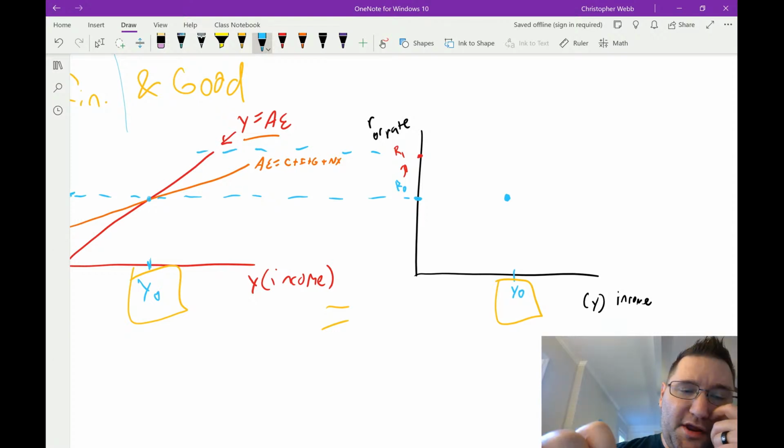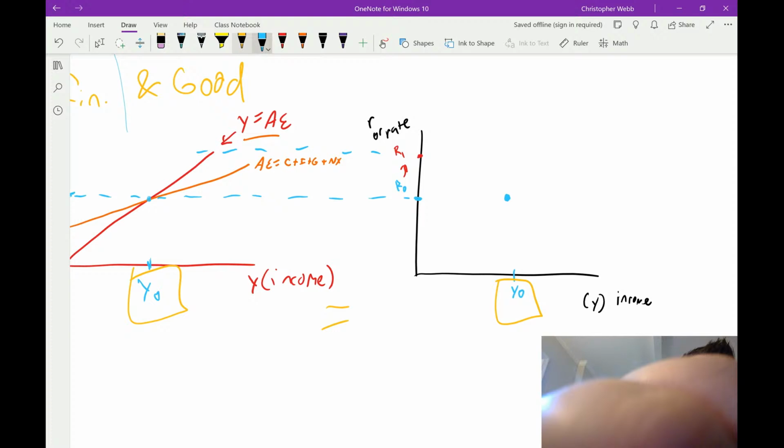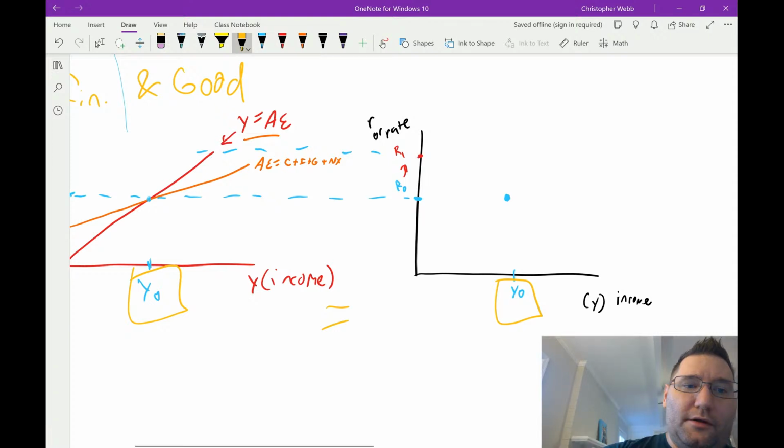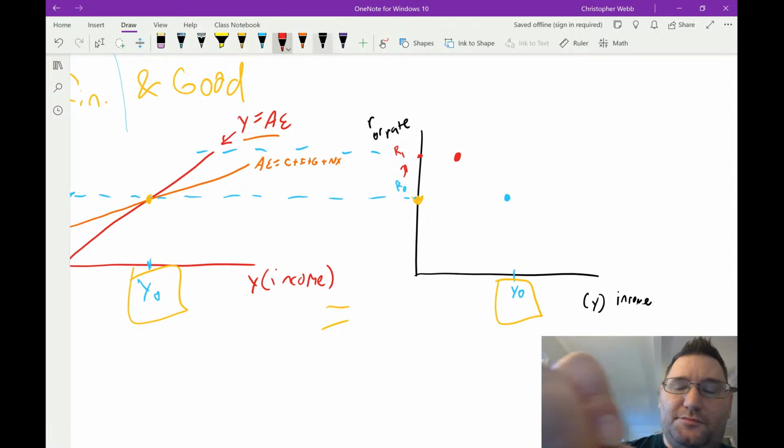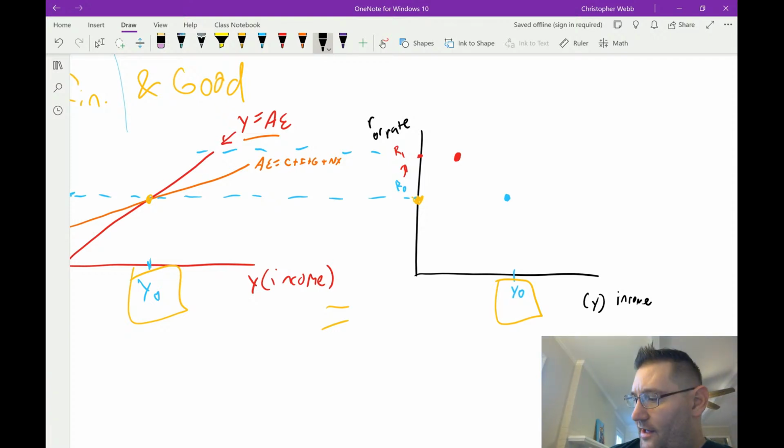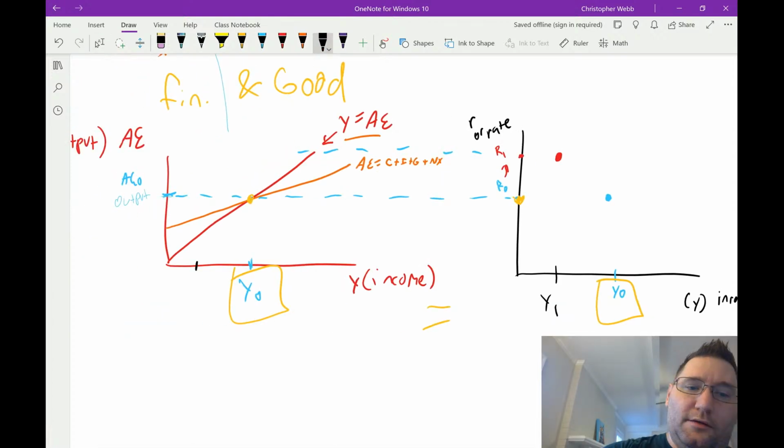disequilibrium over here. So now we can see, oh, there's my hand. Now we can see here that it is no longer in equilibrium at this point. And we're going to say R1 is like over here. Because ultimately what we're going to see here is that if we had an increase, it would be over here. So our income would fall to Y1. So if our income falls to Y1, remember